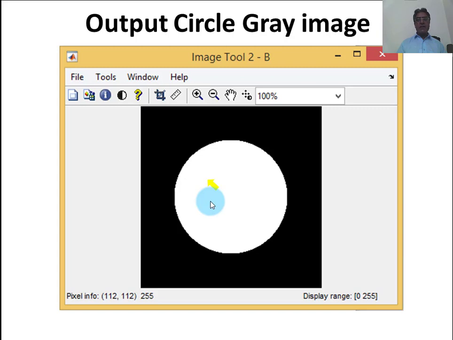In the binary image, the greatest value is 1, the smallest value is 0. So black is 0 and white is 1. While in a grayscale image, the smallest value is 0 and the largest gray value is 255. So black is represented with 0 and white is represented with 255.